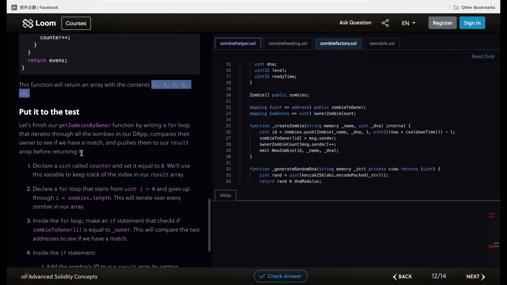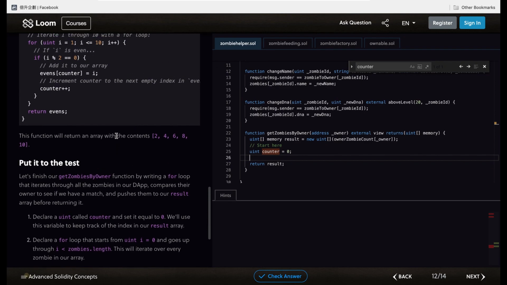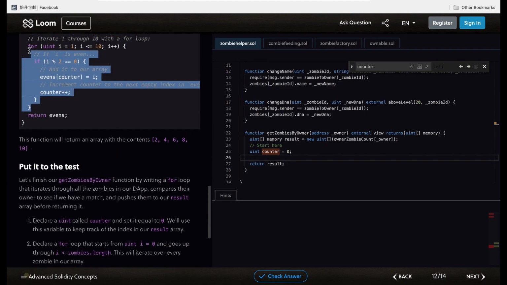And let's put it to the test. First we have to declare a uint counter set to 0. So we go back to zombie helper, and we go to here and type uint counter equal to 0. And then we create a for loop. So we copy this one